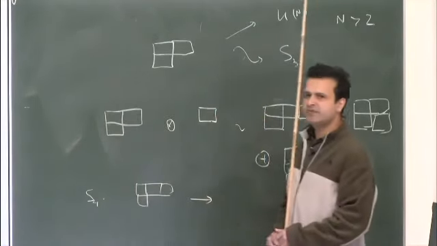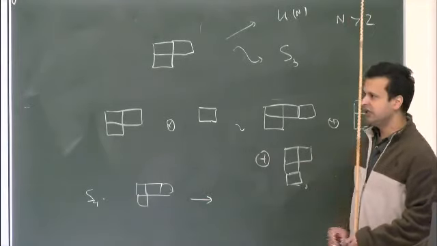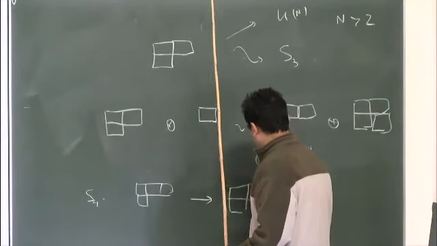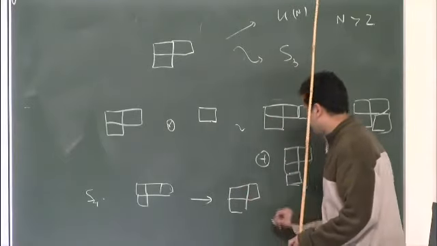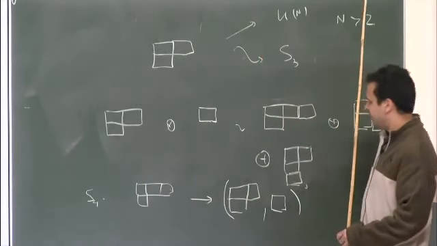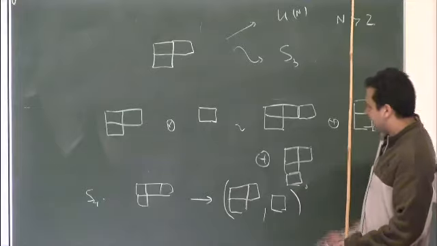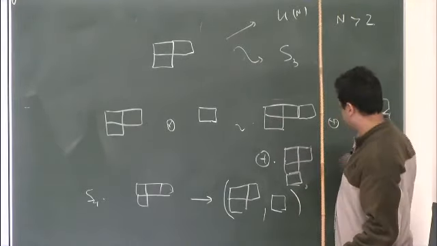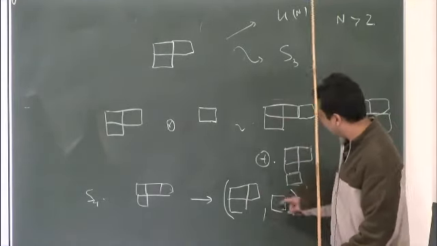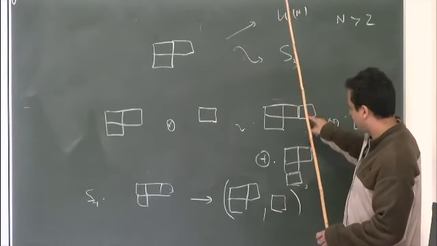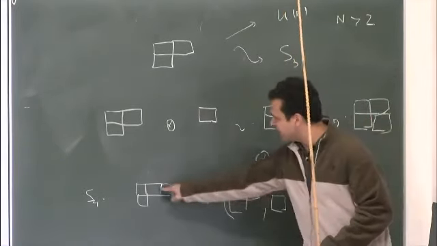Suppose I want to take that representation of S4 and decompose it under the subgroup S3 cross S1. And here's one representation of S3, here's another of S1. How many times does that appear? That number is precisely what's given by this combinatorics here. So in this case, it will be 1. If this and this can be combined to give this with multiplicity 1, then that reduction